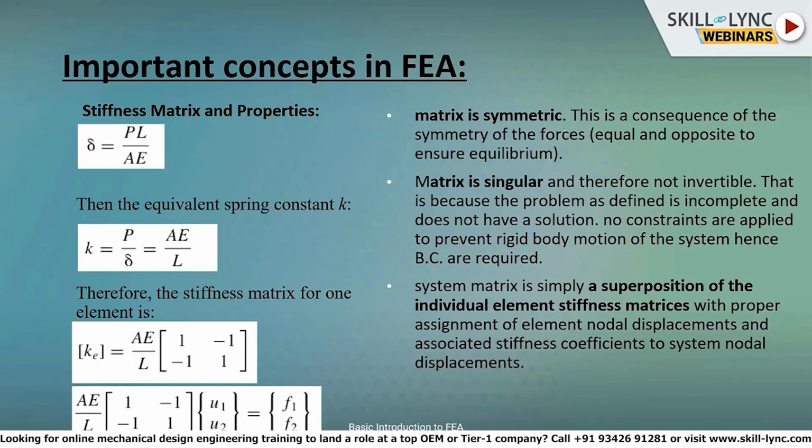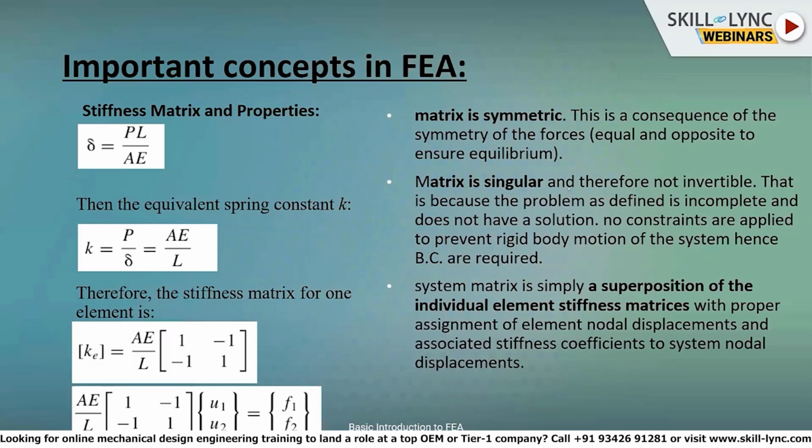So what are the properties of the stiffness matrix? The stiffness matrix is symmetric. What does it mean? This is a consequence of the symmetry of the forces, equal and opposite, to ensure the equilibrium. And that's why we can say that the stiffness matrix is symmetric. If you see the stiffness matrix 1, minus 1, minus 1, and 1, it is symmetric diagonally, then